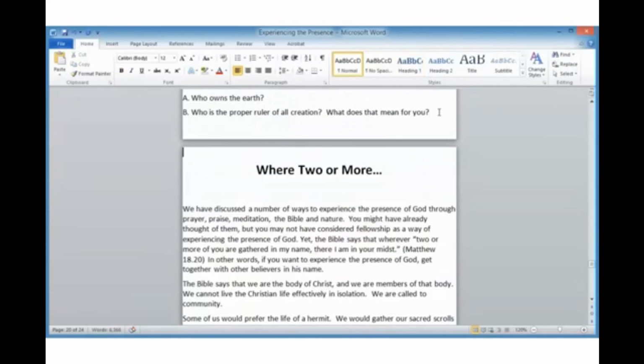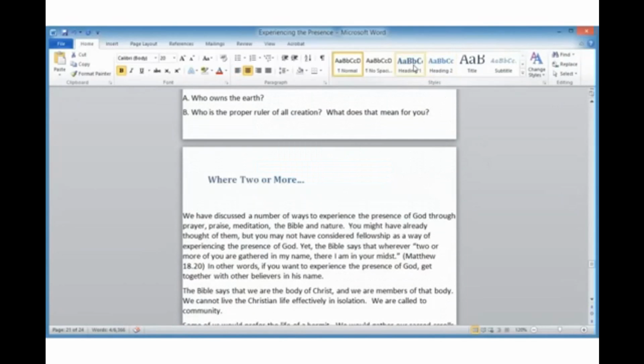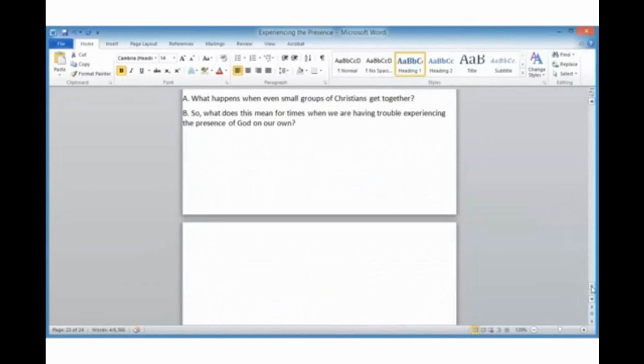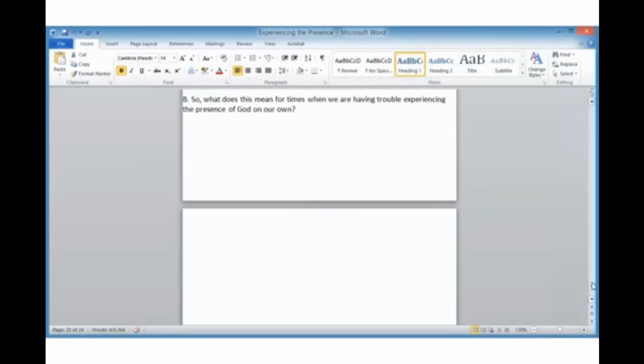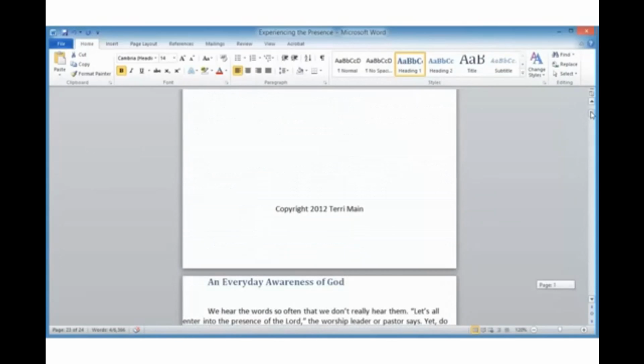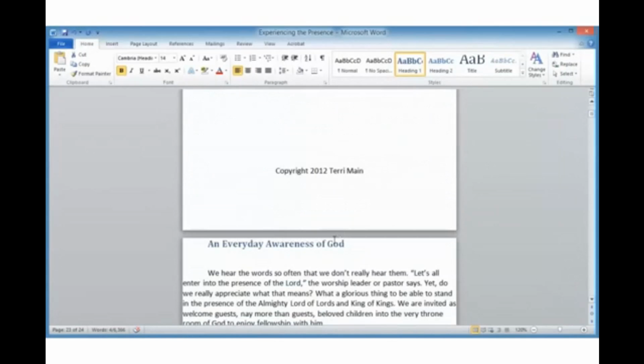Here, I noticed that I had left a bit of space that I didn't want to have there, so I changed that. Okay, we're now completely through with setting all of the headings, but I really don't like the style, so